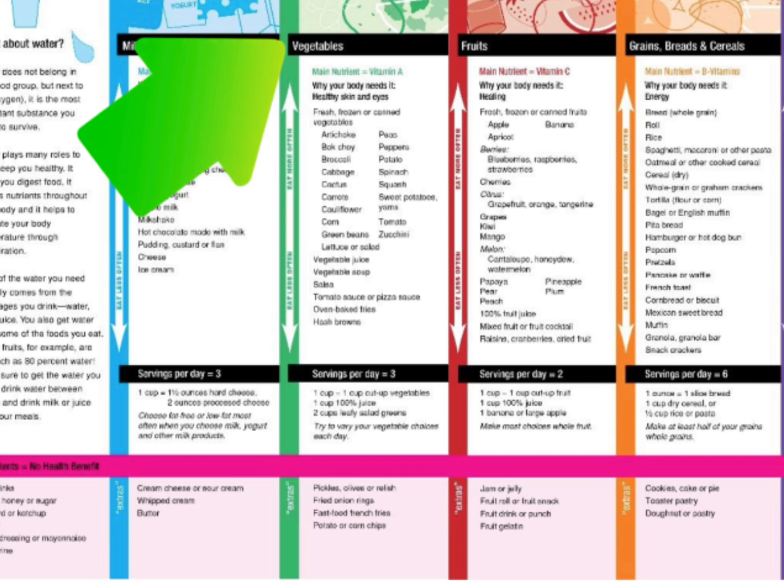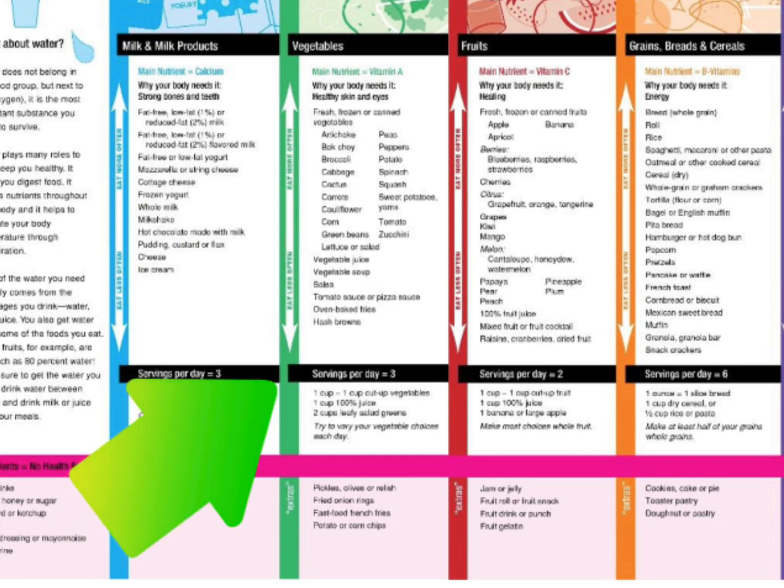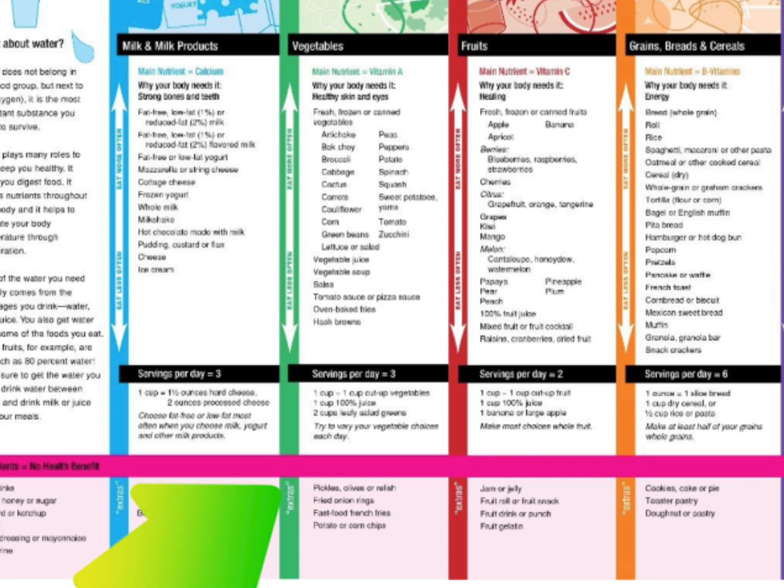And you see that line again on the side, the white line. The things at the top you can eat more often, and the things at the bottom you can eat less often. And it talks about the serving size. It's also 3 servings per day. A serving is 1 cup of cut up vegetables, or 2 cups of salad, or 1 cup of juice. And juice is probably something that you shouldn't have very often. It has a lot of calories and not a lot of nutrients. Okay, and then the extras at the bottom: pickles, olives, relish, fried onion rings, fast food french fries, potato or corn chips. How come I only like the extras? Anyway,